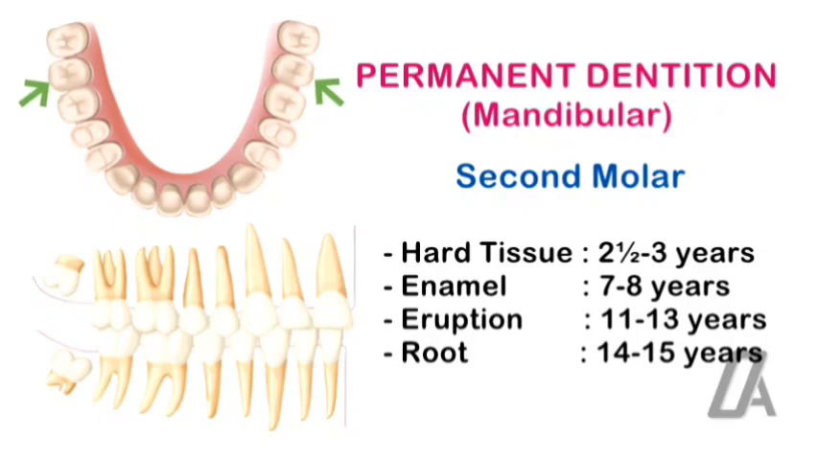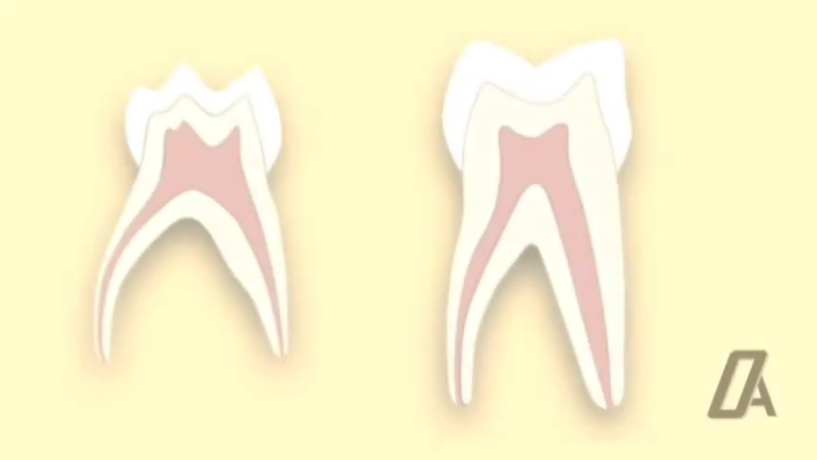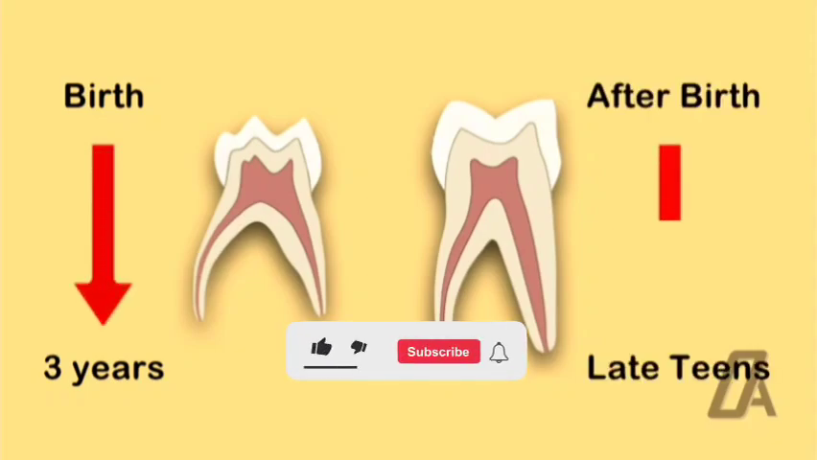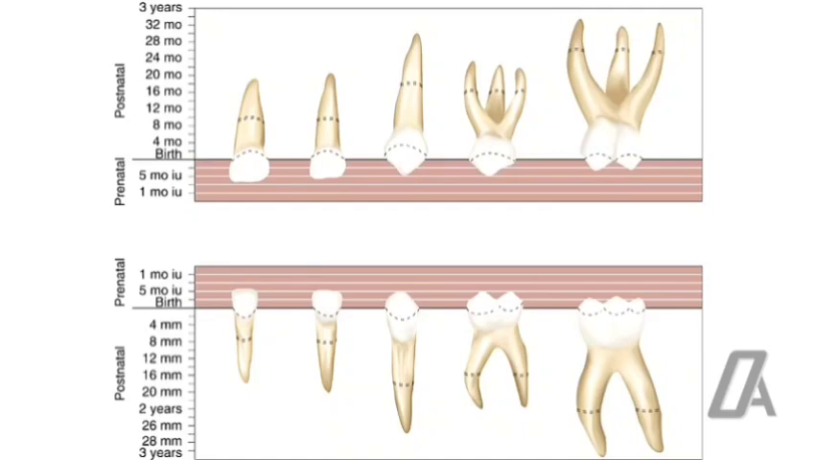So, to sum it up, primary teeth form before birth and finish around age 3, while permanent teeth start forming soon after birth and continue developing until the late teens. This chart helps dentists track normal growth and detect any dental delays early,